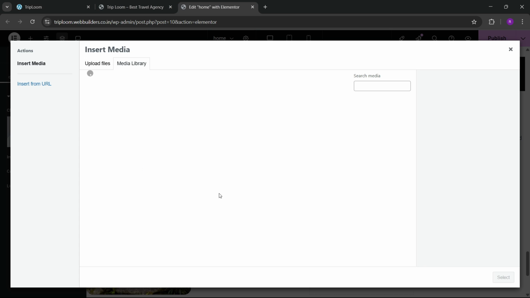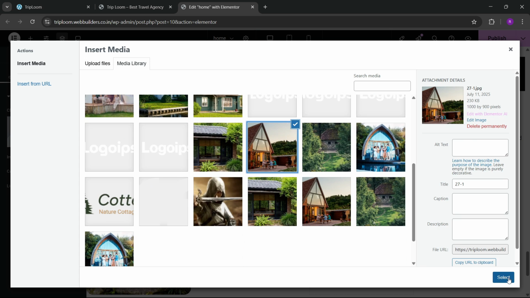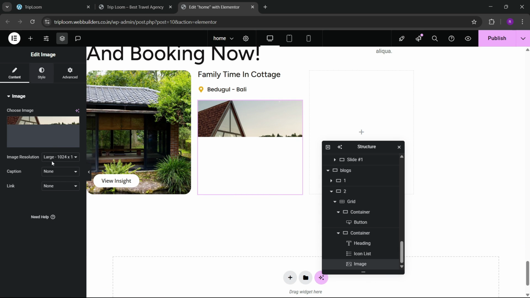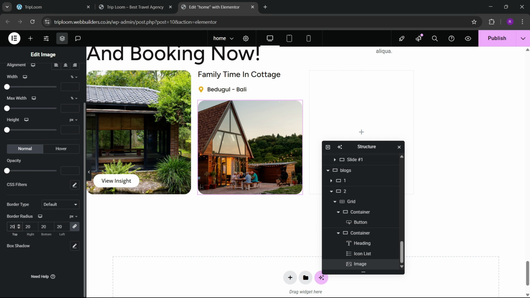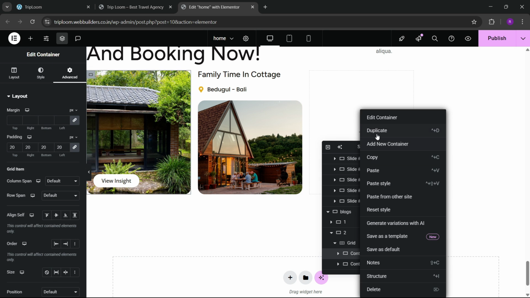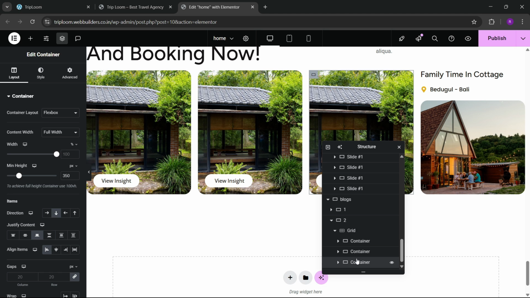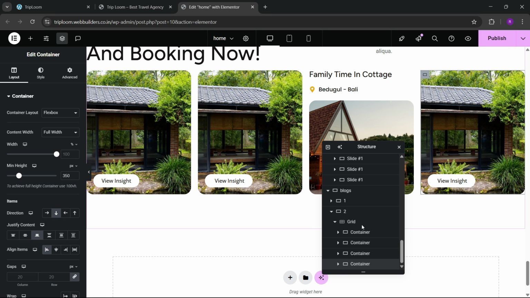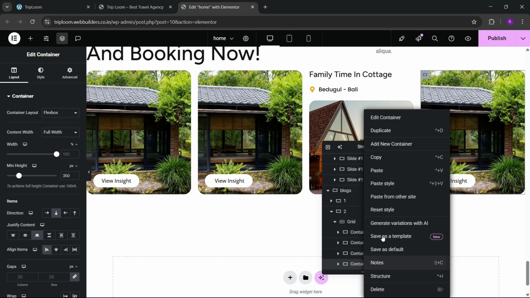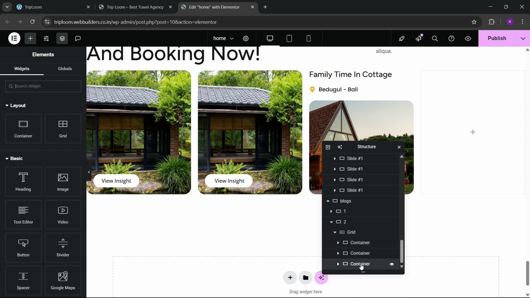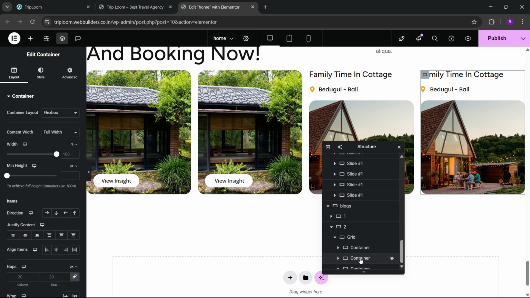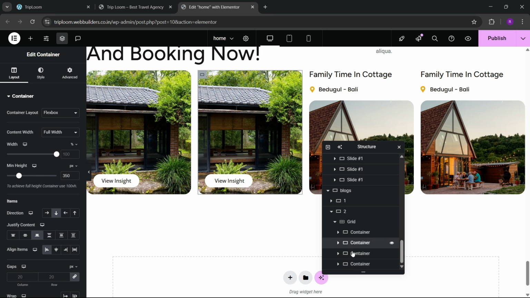And here we have this image. Okay, we're gonna go to styles, and here we have the border radius of 20. Okay, so we have made our two main containers or the designs. So we can duplicate this, and we're gonna duplicate this also. So we're gonna move this to below. Okay, like this. And okay, I think we have duplicated. Let's go and delete this. Let me duplicate this, and now we're gonna move this to the